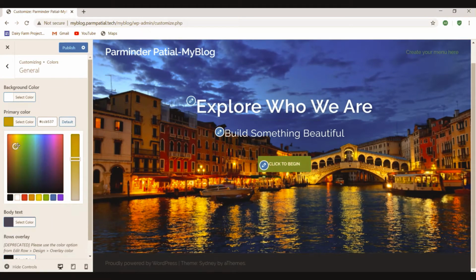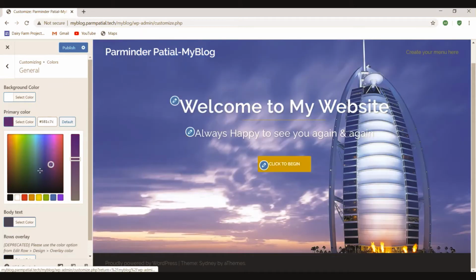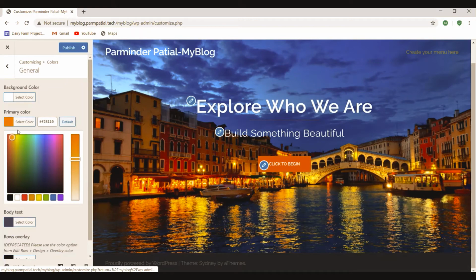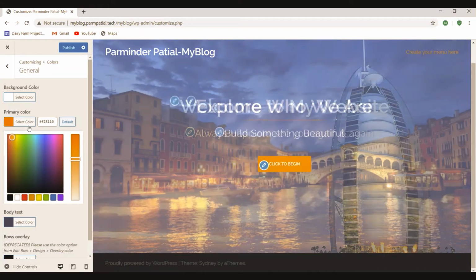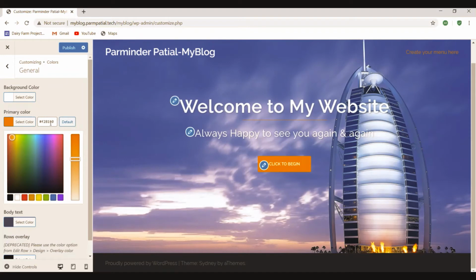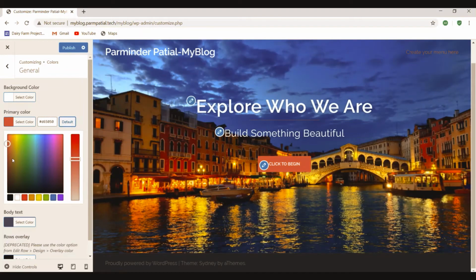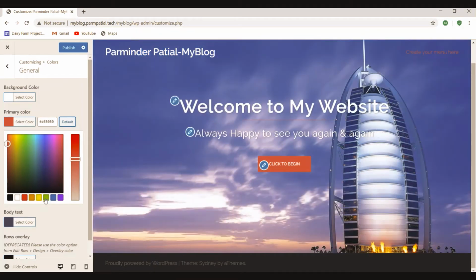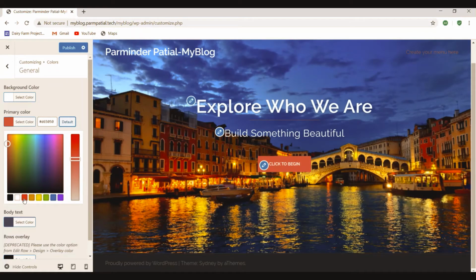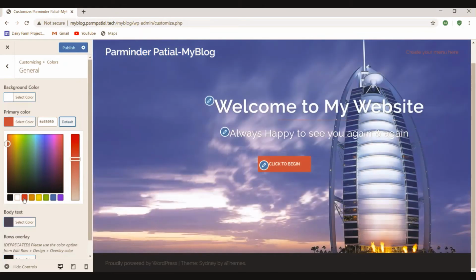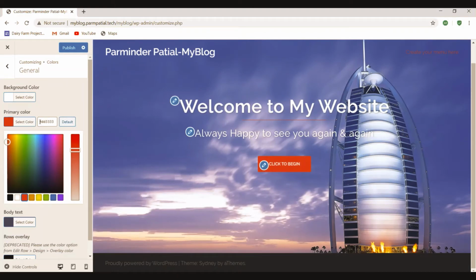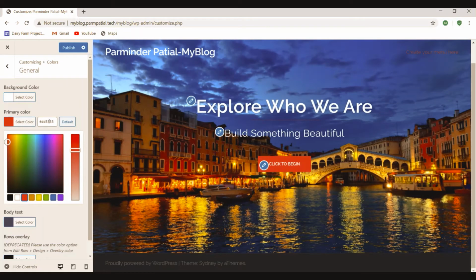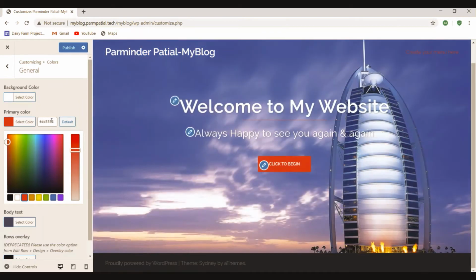I just select any of these colors, whatever color I want, and I can set it from here. This will make the color combination for us, and this is the color name that we have selected. Then there is the hexadecimal scheme for this, or we can select the default. If we select the default, the default color will be selected. Another option is a predefined color set, so we can select the color from here. If we want this color, we can set this color. According to that, we will get the color combination, or we can enter a hexadecimal value here.